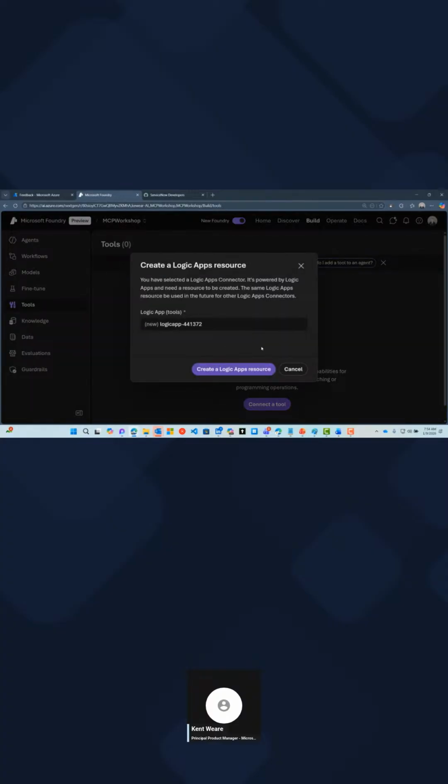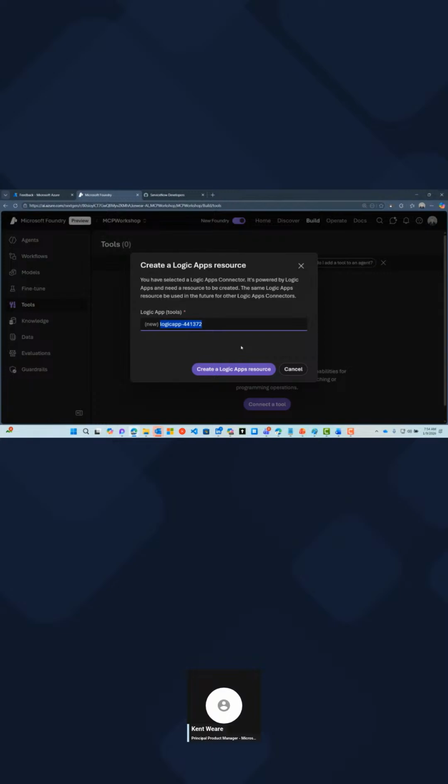And this is going to be that Logic App connector. Now, what is also interesting, and this is where it's a little different than what we saw with API Center. With API Center, we had an existing Logic App that was already available for us that we could go ahead and use. Here, to help customers get started, we offer a limited Logic Apps instance that you can use for Foundry. So here we can go ahead and create this. There's no cost for the compute and the memory, the storage for now. And there is still a small transaction for the connector usage. So that's kind of like a fraction of a penny every time you call it.